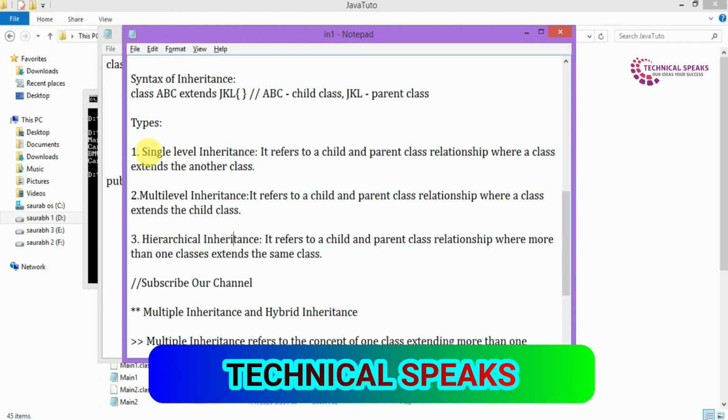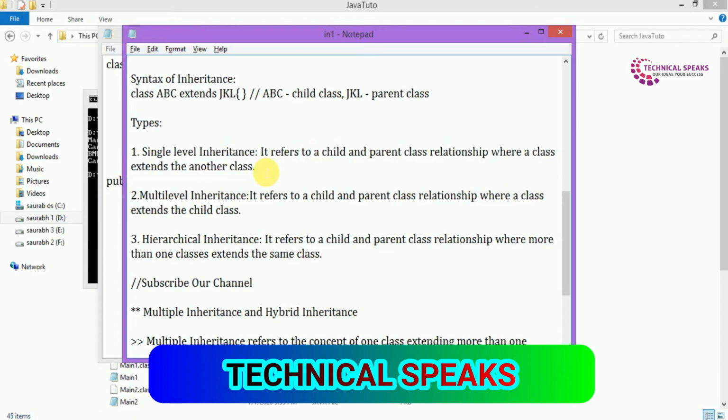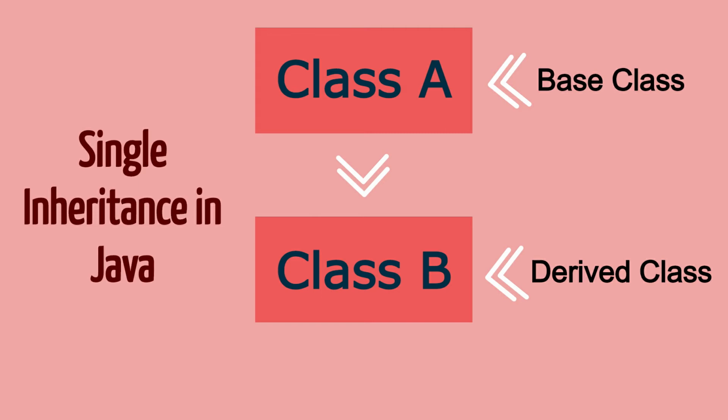The first one is single inheritance, which refers to a child and parent class relationship where a class extends another class. As you can see in the diagram, class B extends class A.